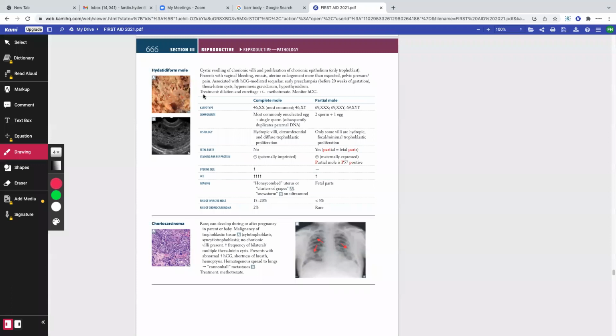Okay, so what I'm trying to explain to you is whenever we have an ovum and a sperm, when they meet together, there is supposed to be fertilization and formation of a fetus. Yes or no? The answer is yes, right? But in some cases, when the ovum and the sperm fertilize and implant, instead of a fetus, can we have a structure that is not a fetus, but a mole? Yes or no? The answer is yes.